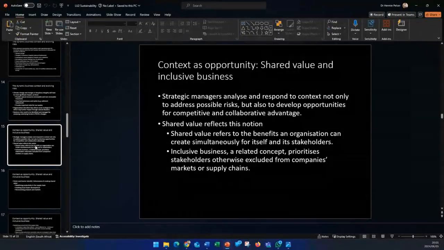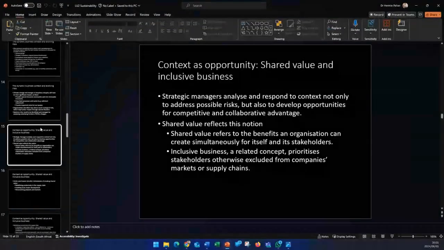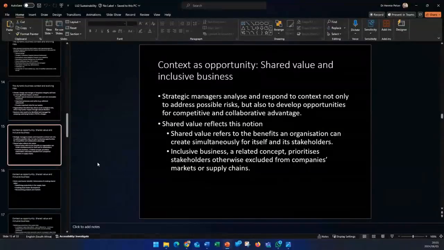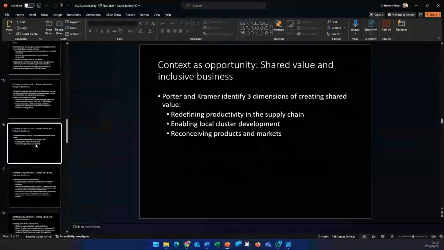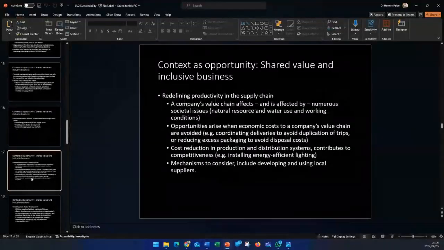So going, for example, into the bottom of the pyramid, bringing people into your business. Samsung launching entry-level phones, so you have a range of phones that middle income people, people at a higher level of income, and also people at lower income can buy. So it is about bringing in people all the time. So this one, yeah, I would hope they would ask us this. You can write very briefly around the theory. Again, just give us something to work with in the exam.